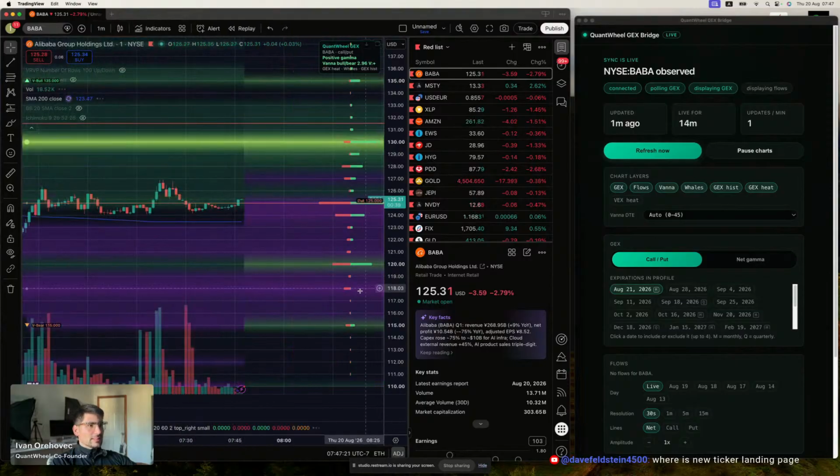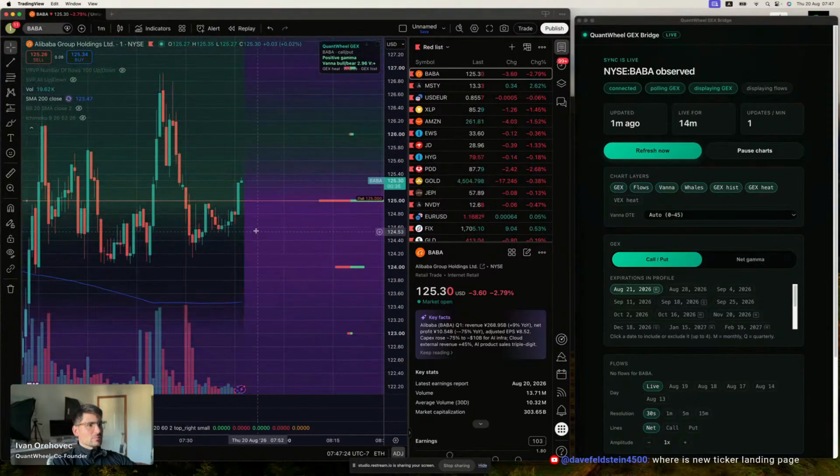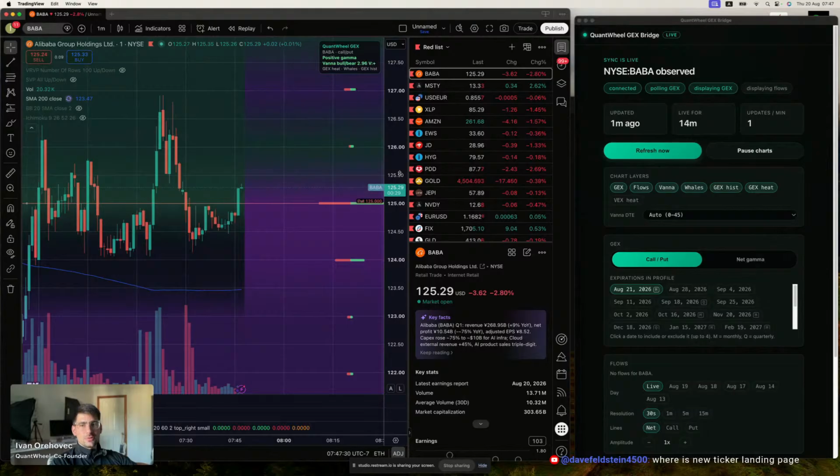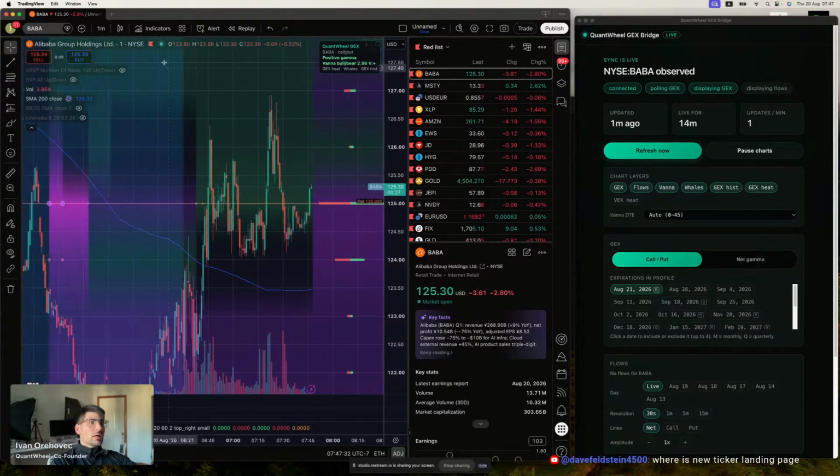So I think we just did it. So this was this 1 minute tick. That was the positive gamma push from the in the money calls. And then